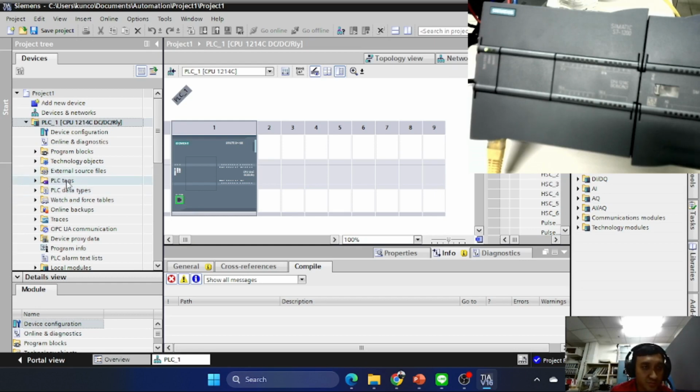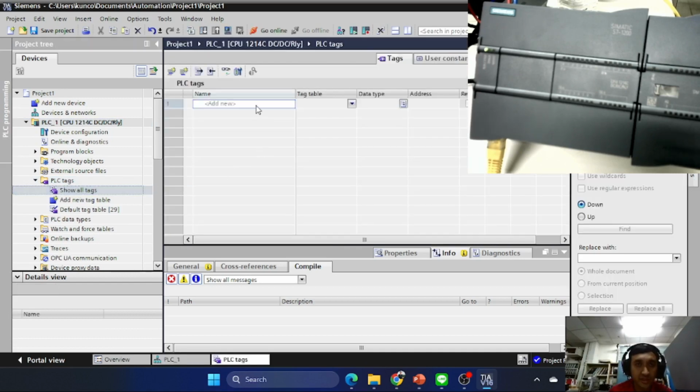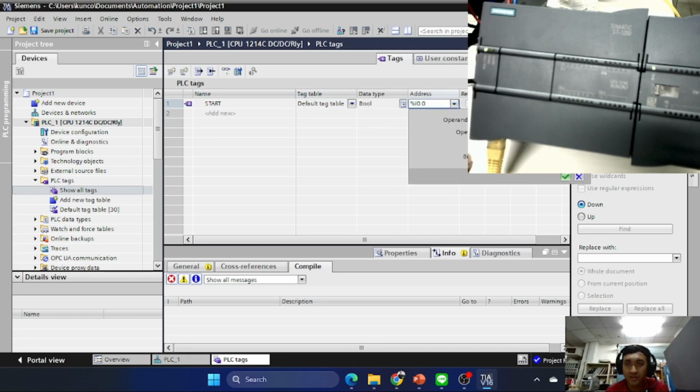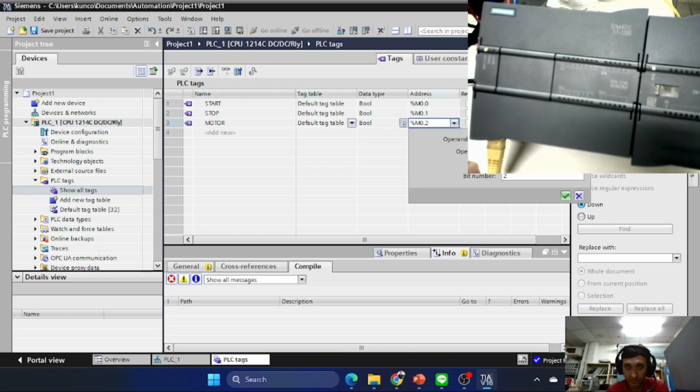We can use PLC tags here on the left side and show all tags, and then for the first tag we put Start, with the address M for memory, address 0, and then Stop with M0.1, and then for the motor we can set the key. Q means output, bit number 0.